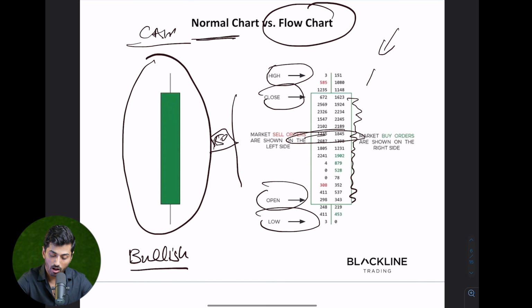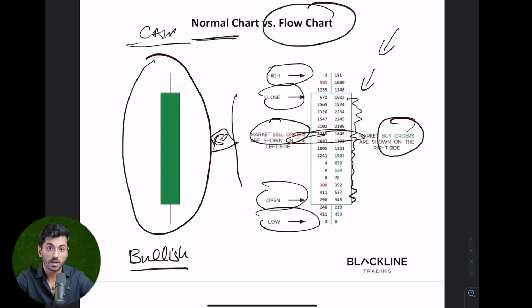At this certain price, these are the number of contracts that have been traded, right? Right side, here are all your buy orders. And on the left side, you have all of the sell orders. And at every single price point, these are the number of contracts, number of shares that have been traded within this specific candle. So this sort of structure gives you much more information when you try to analyze a certain candle, bullishness, bearishness, or whatever the case may be. This sort of information gives you much more insight, and then you can use such information to make